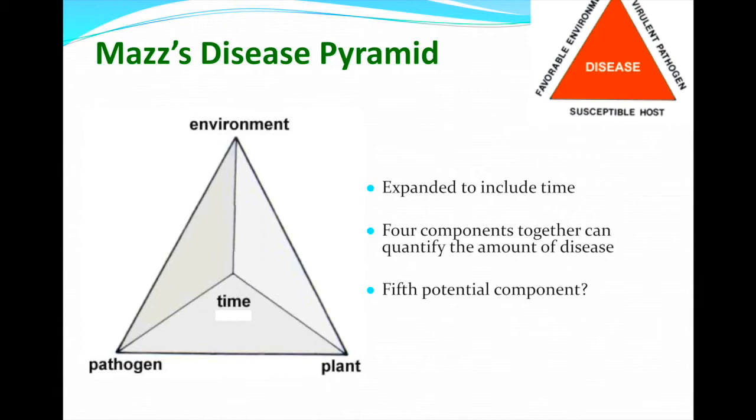What about the pathogen? Can I control those? Can I cause there to be more of a particular pathogen, meaning more potential for disease? Can I make there be less? Absolutely. So human activity is going to have a big impact here. So I always like to consider that as a fifth component. And I'll point out some places a little bit later where that's very, very relevant and might surprise you a little bit.